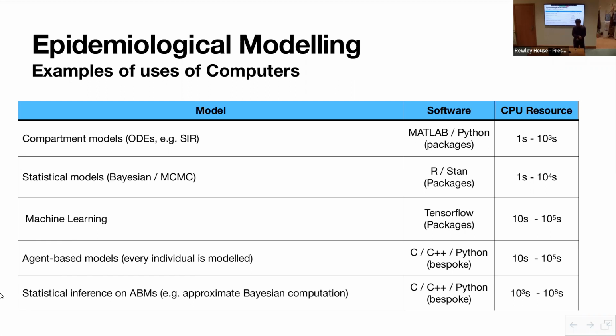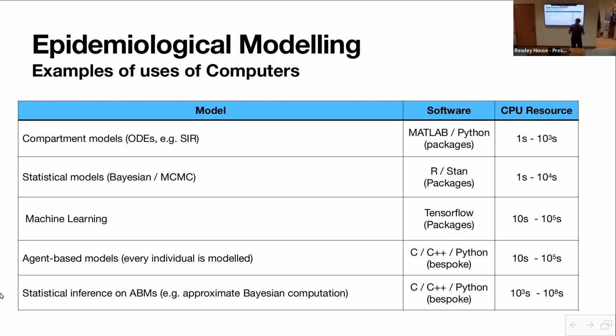Then there are things called agent-based models, and this is what I'll talk a little bit more about. This is what we were developing for looking at digital contact tracing. These models really are getting down to the nitty-gritty details of modeling what's going on and how people interact. So the agents are individual people, and you will model interactions of people, and you'll model how this disease moves between individual people, and then interventions can be applied very naturally to the agents in those models.